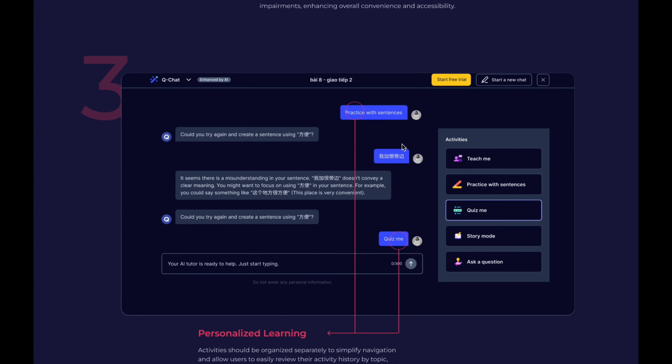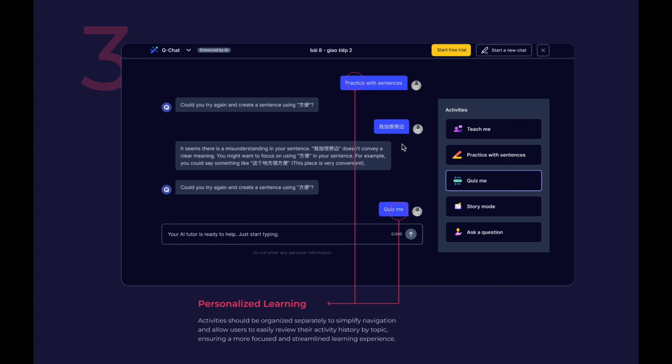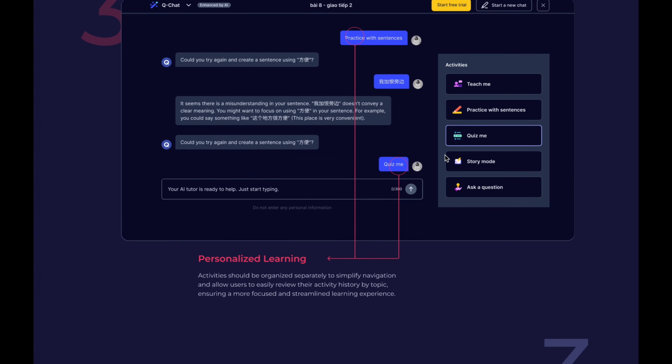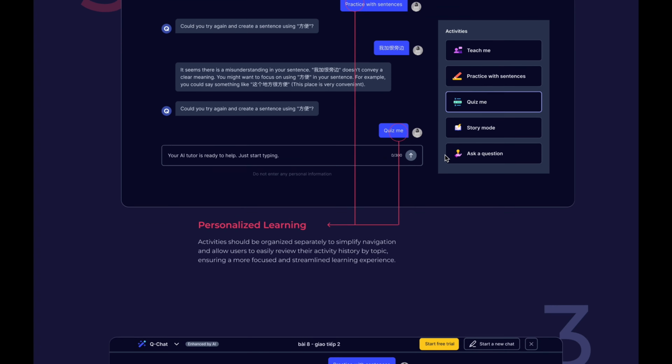The last is personalized learning. Before implementing personalized learning, users could not adjust their learning experience according to their preferences and proficiencies. It was difficult to see the history.